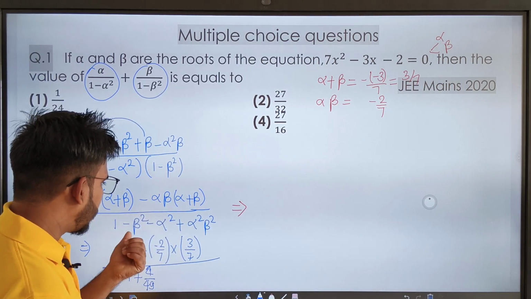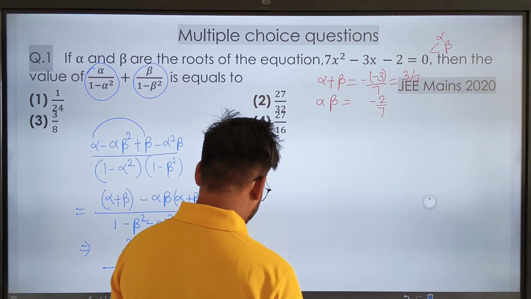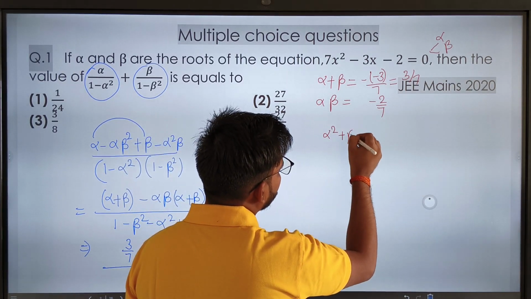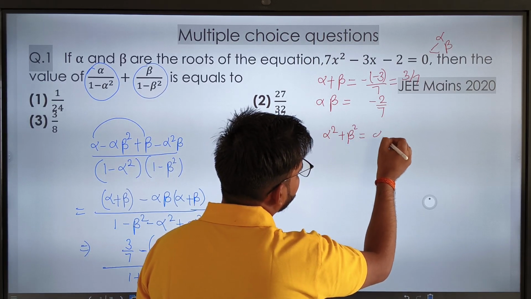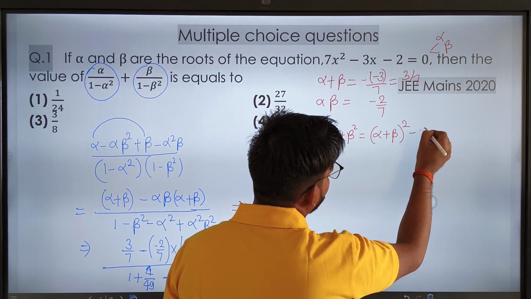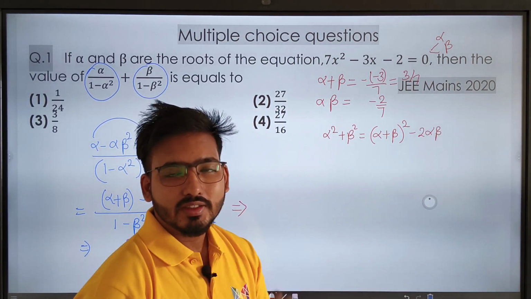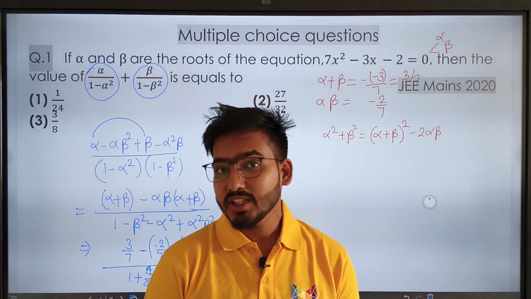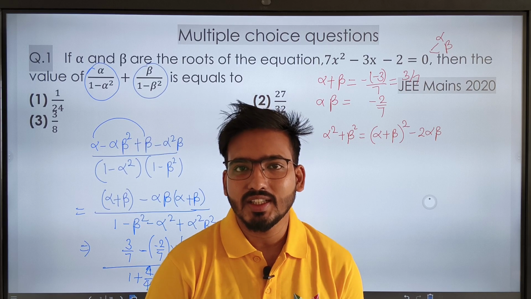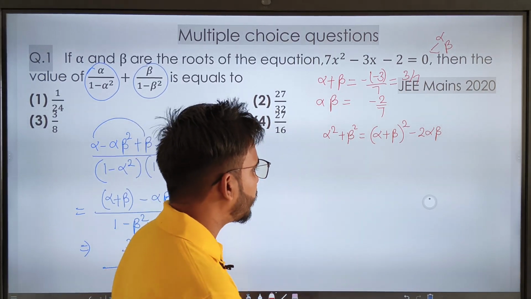Okay, next, I think it is going to be minus (alpha square plus beta square). Can I write this alpha square plus beta square as (alpha plus beta) whole square minus 2 alpha beta? Yes or no? Now (alpha plus beta) whole square will give us alpha square plus beta square plus twice alpha beta, and if I subtract twice alpha beta, basically we'll get alpha square plus beta square. So just put the values.